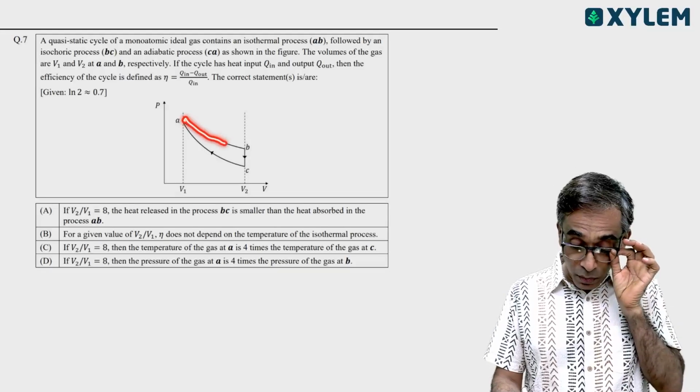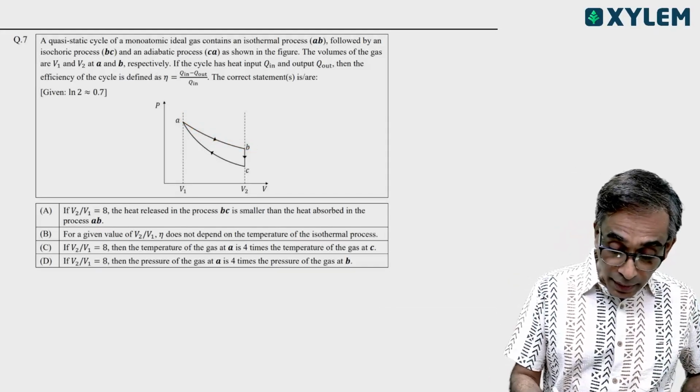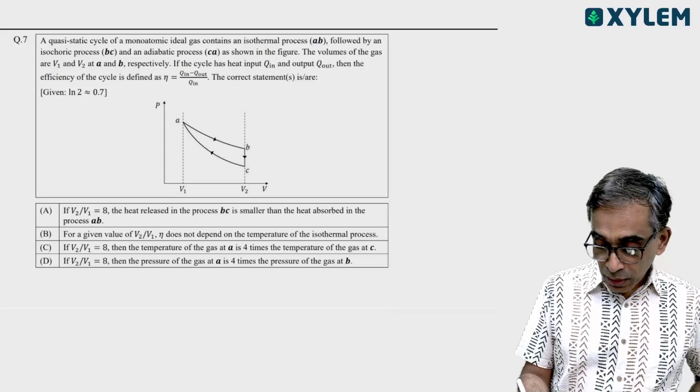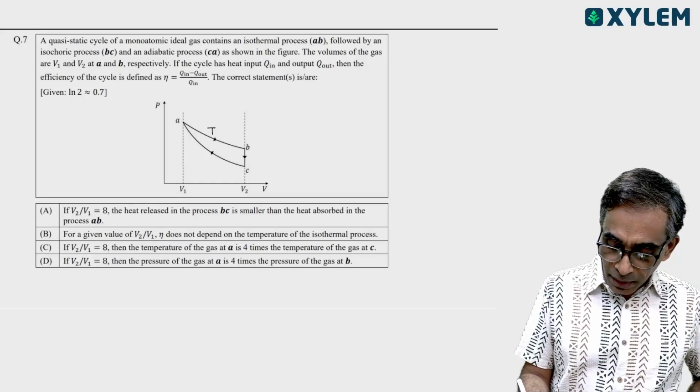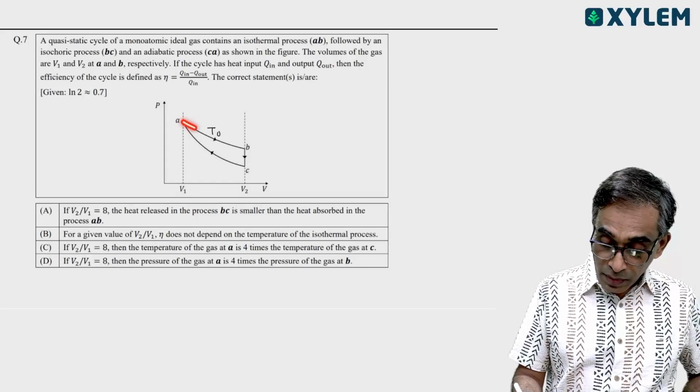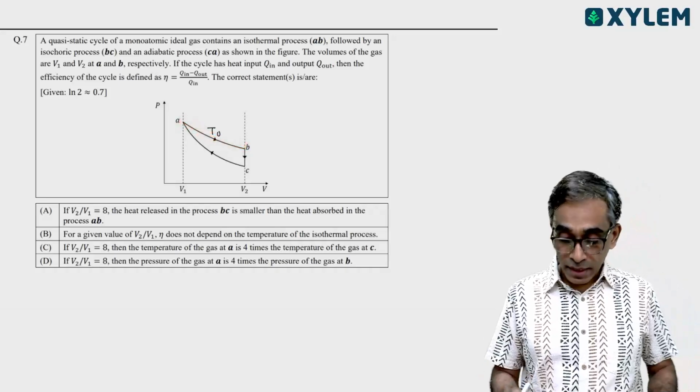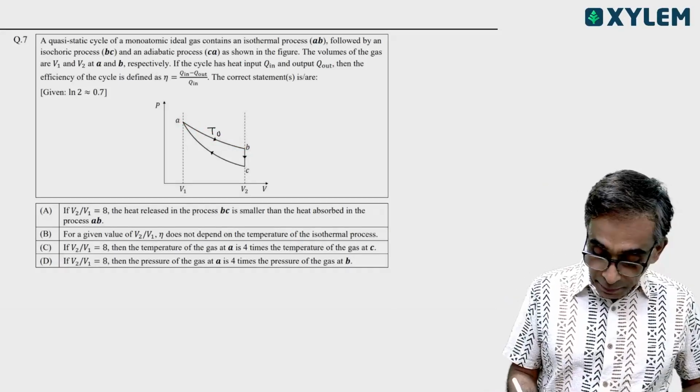Because isothermal means it is constant. So let us say the temperature throughout the isothermal process AB is T0. Let's say the temperature in the